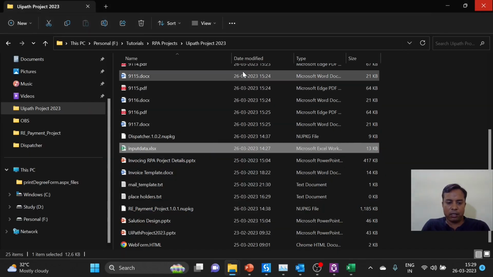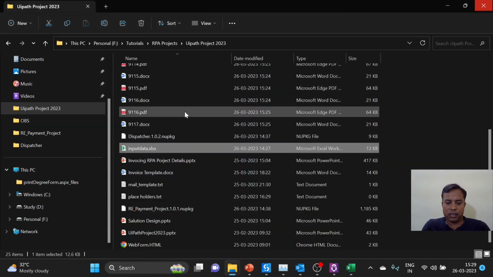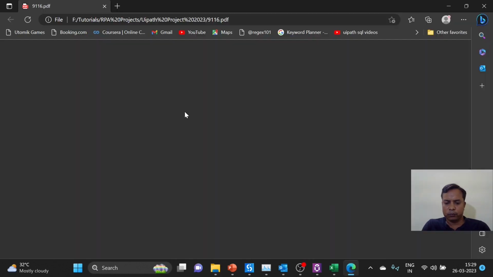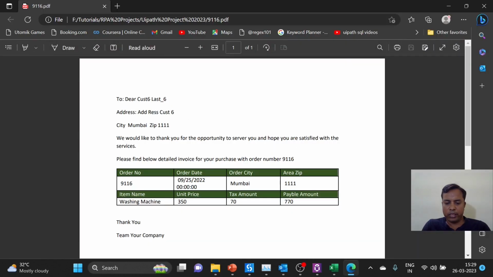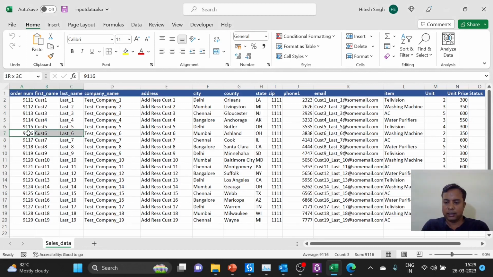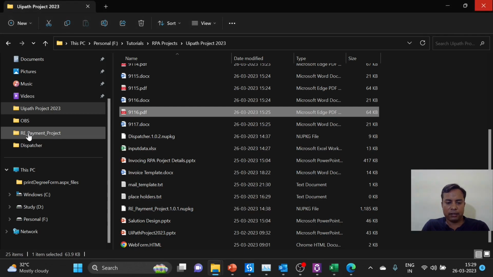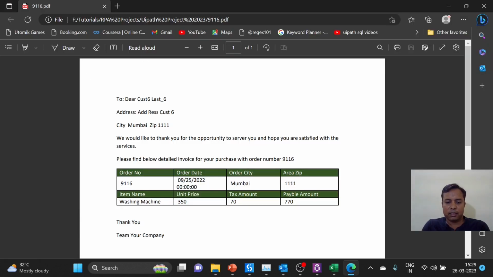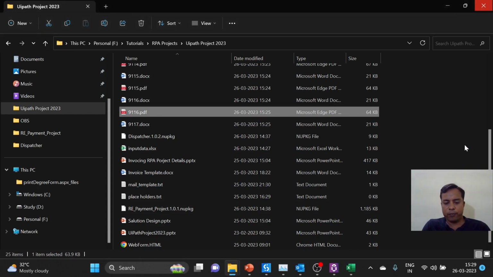Now let's check another file, that is 9116. For 9116, we have 2 units, 350 rupees, and the customer name is 6 and last 6. So files are getting created, data entry is happening. The only problem is that